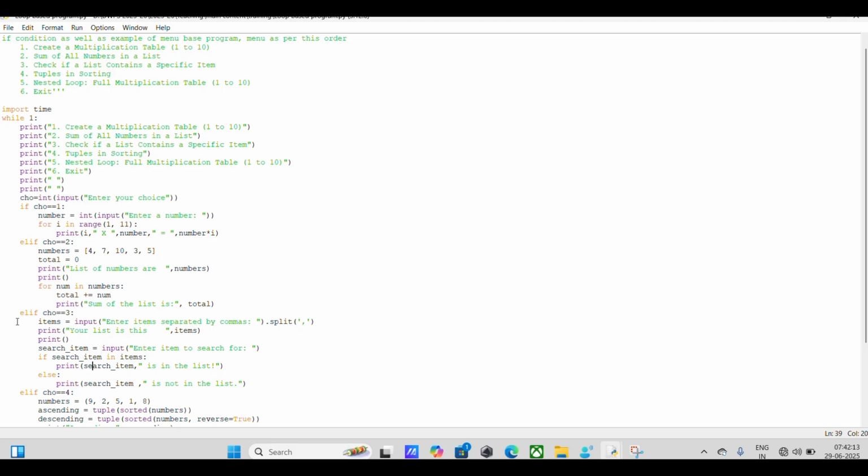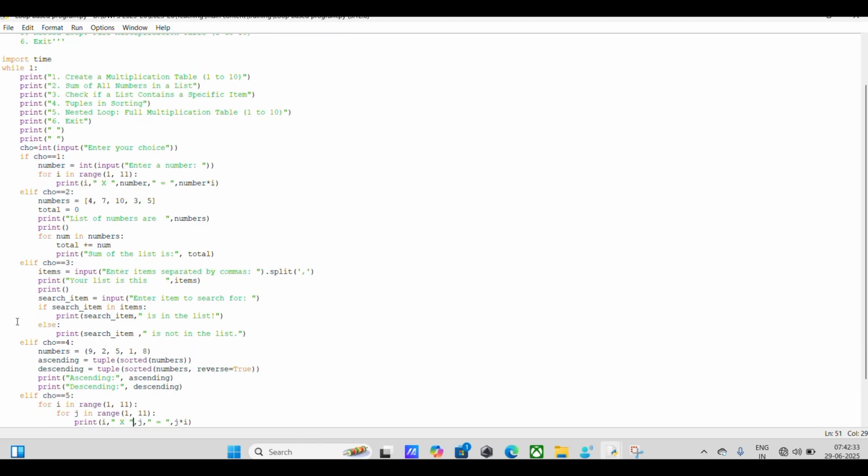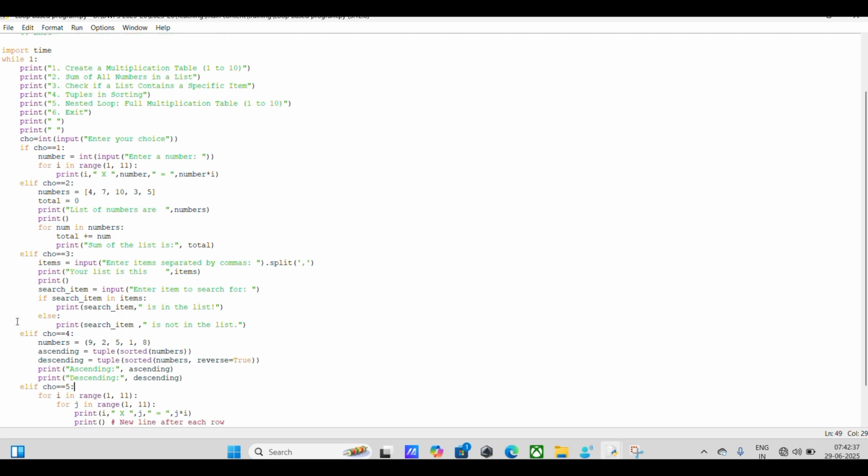If the number is available, then it will display that this number is available. If it is not available, then it will display that it is not available. Okay, it is just a list, and it will search the number from that list and display the result as per your search. After that it stops for the time being, and then it comes again